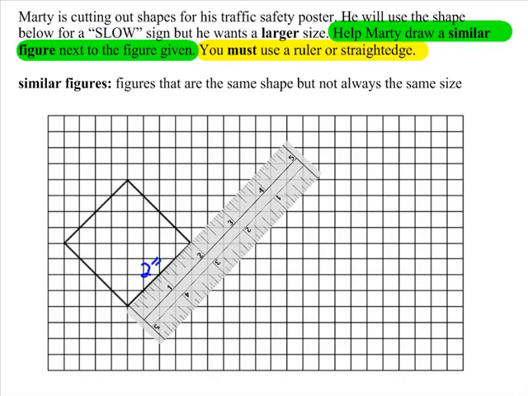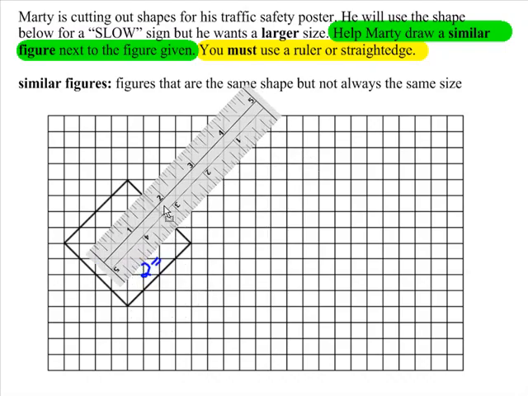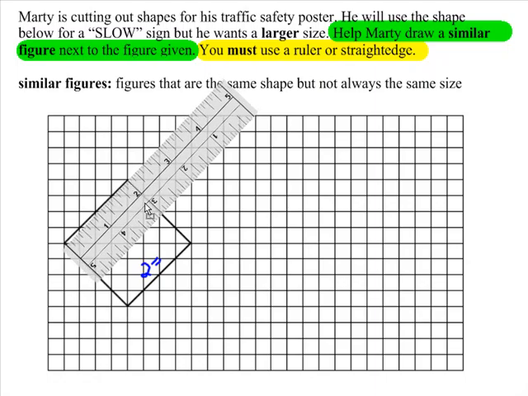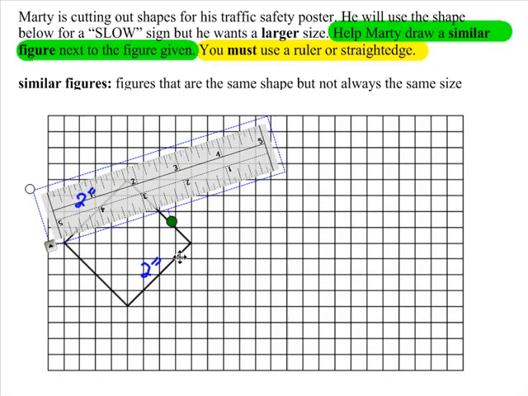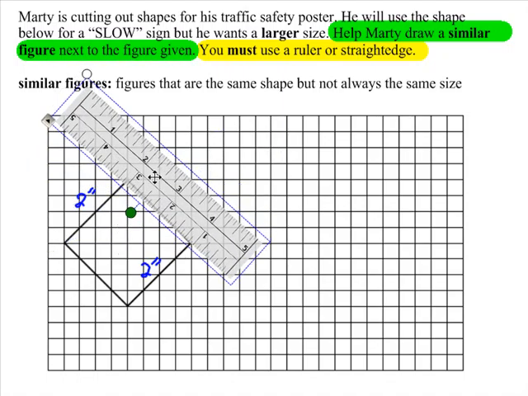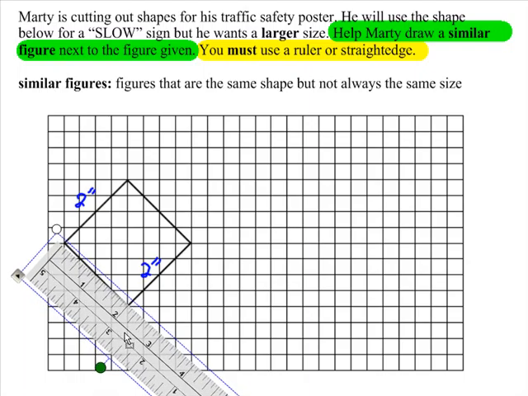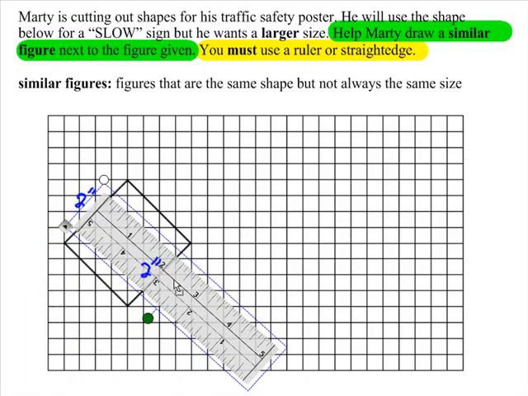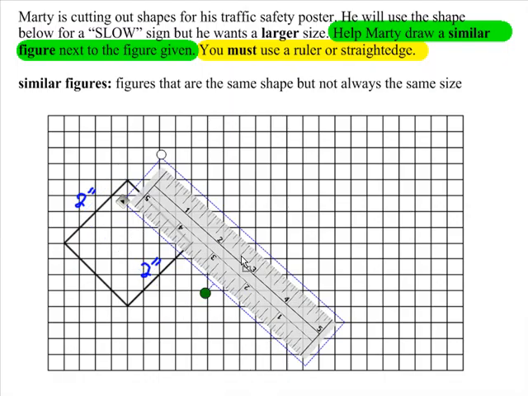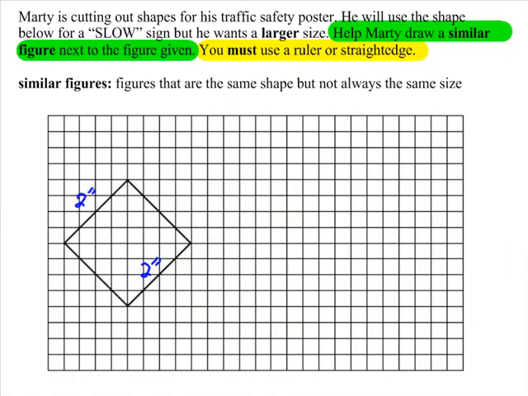And then if we move the ruler up, we can see this side up here is also 2 inches. And then if we rotate the ruler, we can double check and measure the length of the other two sides, and we see that they are 2 inches, which means that we have